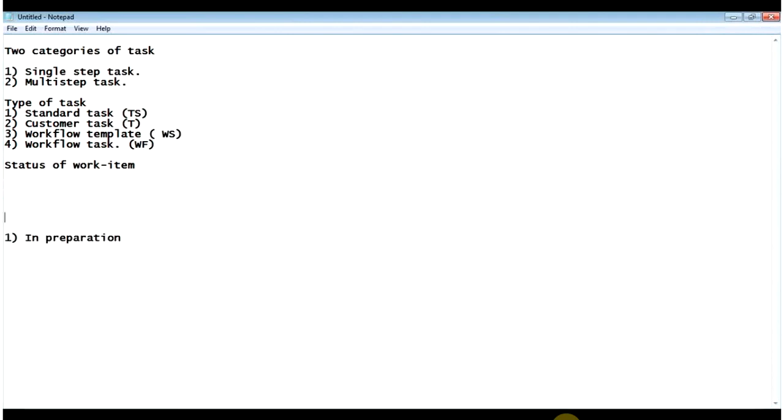The third difference is that standard tasks can be used with any plan version, but customer tasks cannot be used with any plan version. I have discussed it briefly, but I will discuss it in detail once I go to SW3 configuration. I'm just giving you an overview. By default the active plan version is 01.